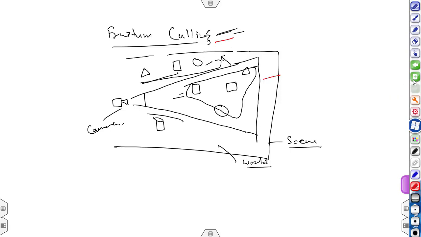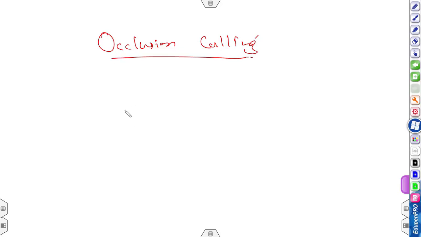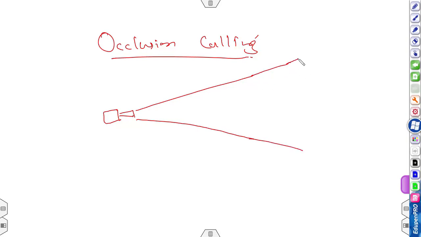Now we will see the concept of occlusion culling. Again I will plot the 2D diagram of the view frustum. Suppose this is the view frustum of the camera.